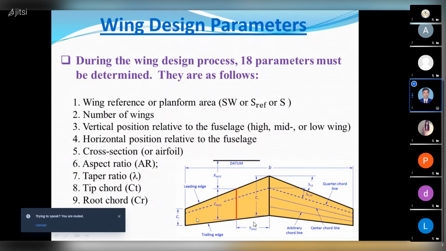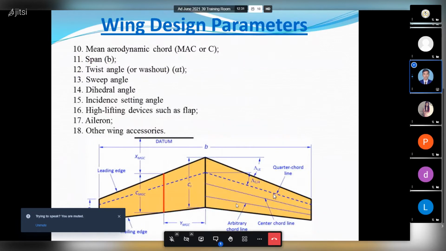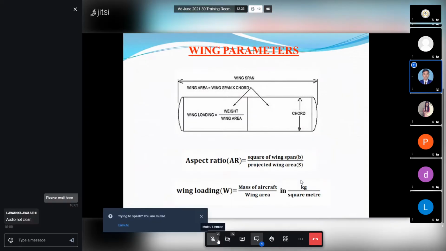So if you want to design even a basic wing, then you must know all these parameters. Once you know them, you can just input your values in OpenVSP and generate your required wing model. Any complicated wing can also be designed in OpenVSP.